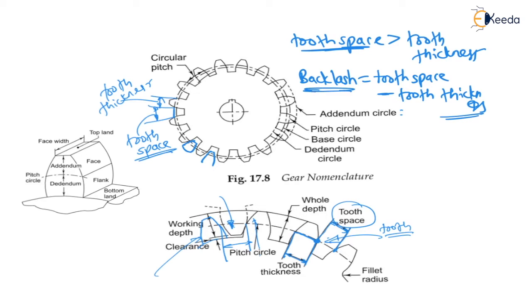And if backlash is not provided, then the tooth of another gear will not enter into this, right? And by chance if it enters, then there will be jamming of two gears. Therefore to avoid jamming between two gears, backlash is always provided. One more reason to provide this backlash is to prevent jamming of teeth due to thermal expansion. Because of heat, there are chances of increasing the thickness of tooth. Therefore if because of temperature thickness increases, there may be jamming. So to avoid this, backlash is always provided.